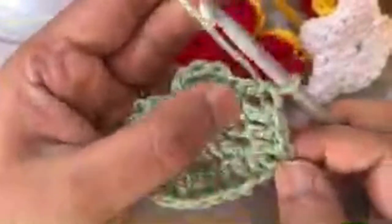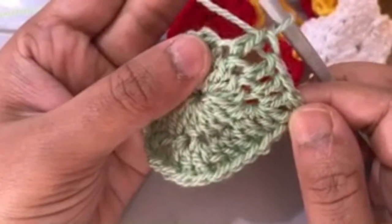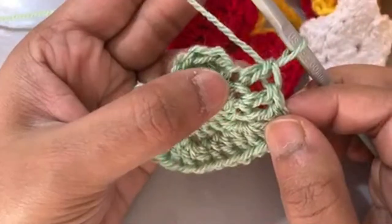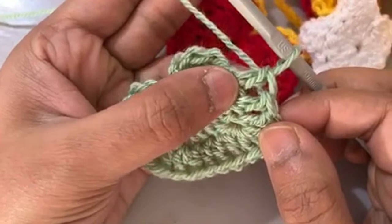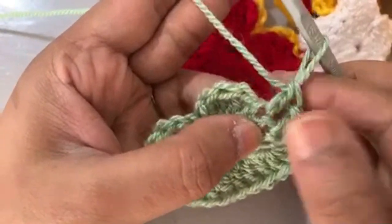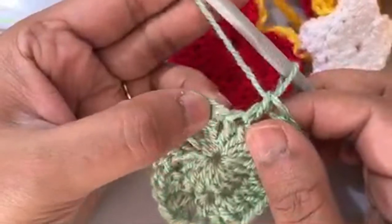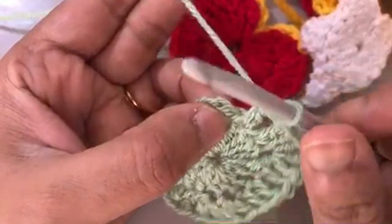So after the middle stitches, in the 3 chain spaces we only crocheted one double crochet in each chain space for 3 times. For 3 chain spaces we have done that. Okay, we crochet 3 double crochet in 3 chain spaces, one in each. Is it clear? I hope so. Now we'll move to the next chain space, and here, like this side, we are going to